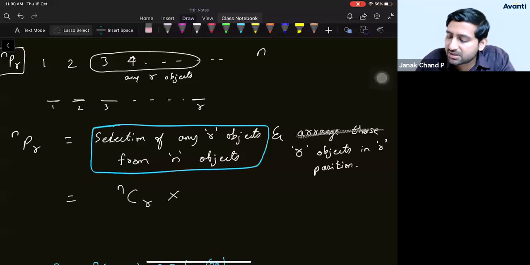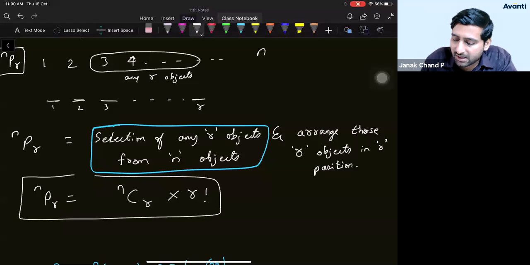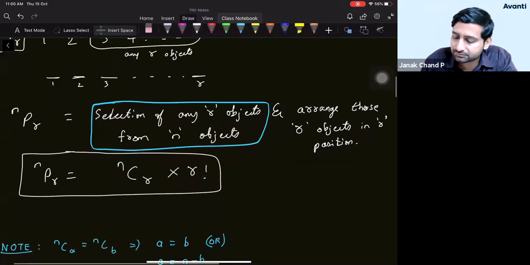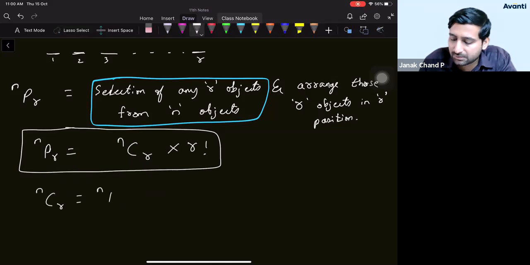The arrangement of those R objects in R positions is nothing but R factorial. Hence, the formula for NPR is connected to the formula of NCR with this relation. We already know the formula for NPR. So if I want the formula for NCR, I should just take this R factorial to the denominator. So finally, the formula for NCR is NPR